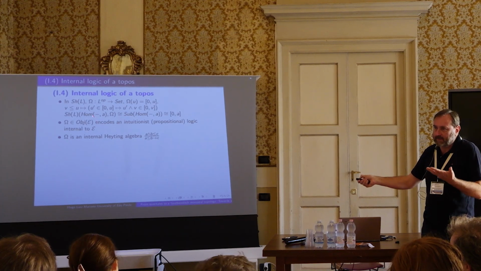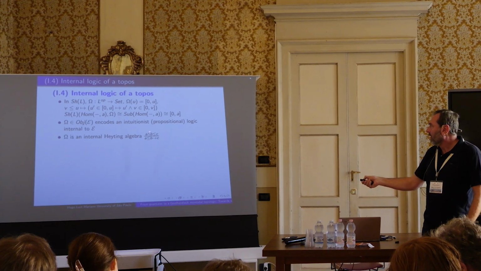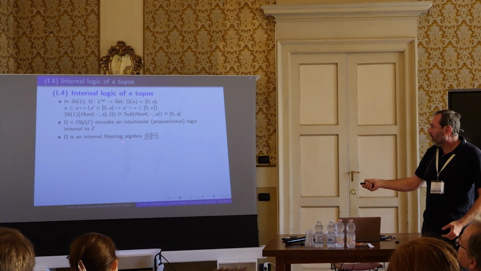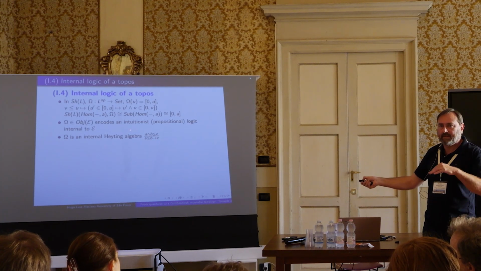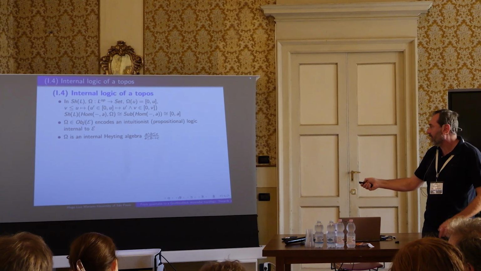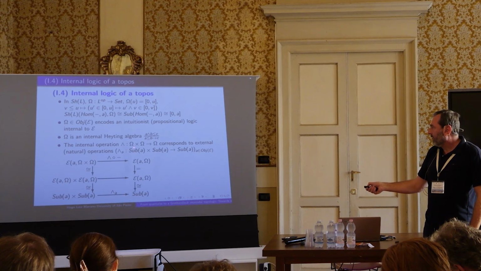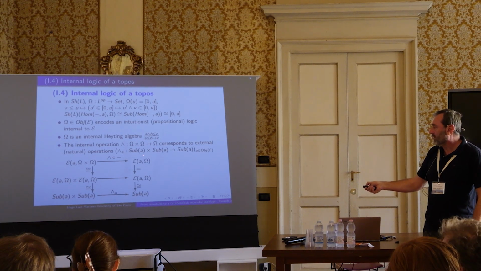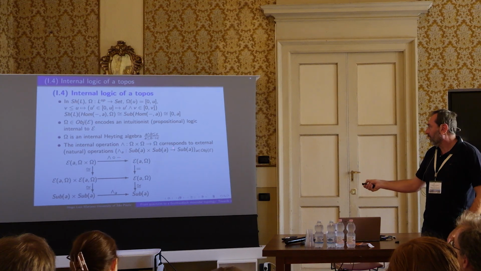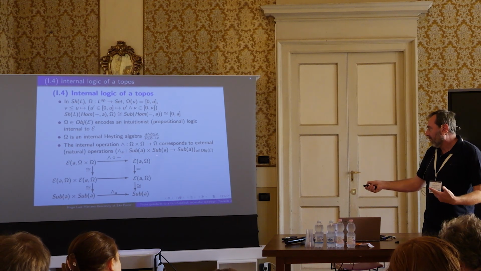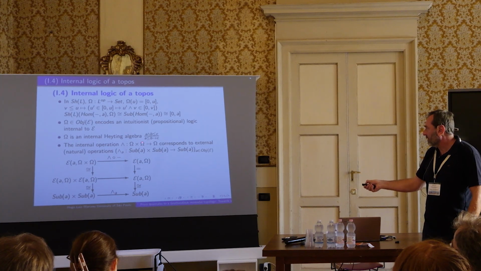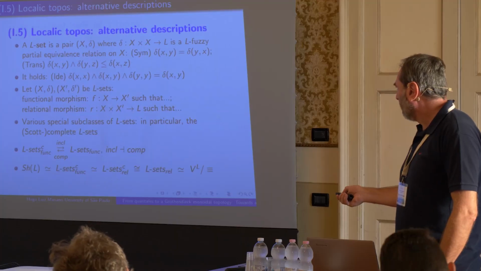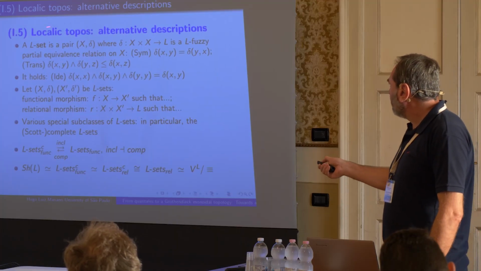the propositional logic, in some sense, internal to the topos. So, it's an internal Heyting algebra, therefore there is this adjunction law for the infima and implication. And internal operations correspond, by classification and the Yoneda lemma, to external operations in the poset of the subobjects, which in fact is a set. Every topos is well-powered. So, another presentation of localic topos.